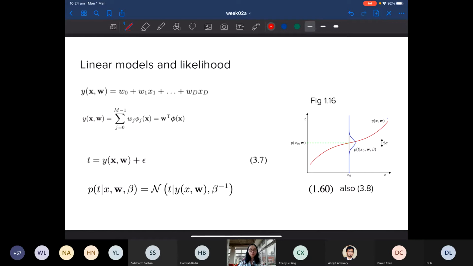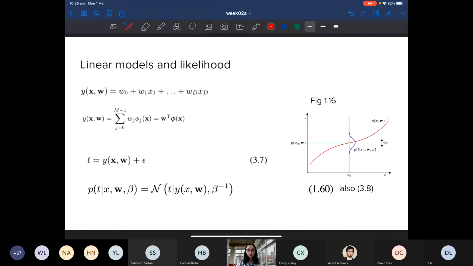Now, the equations on the top in here. So let's look at how to define a likelihood of linear models, right? The equation on the top we already saw. The two equations at the bottom essentially allow us to define a likelihood. If you stare at the picture on the right, we saw it last week on the probabilistic view of curve fitting. Basically, the mental model for here is that at each point of the learned curve function, the output t